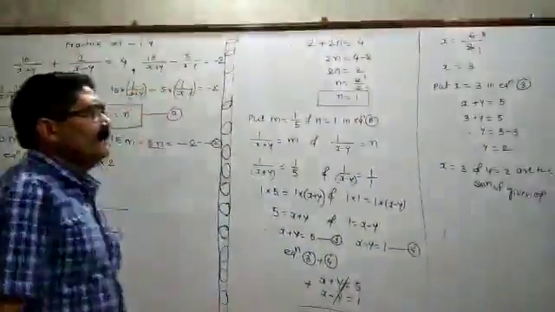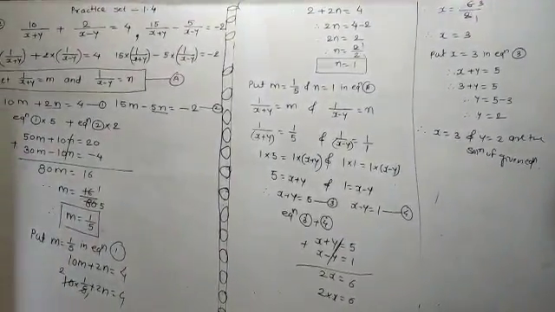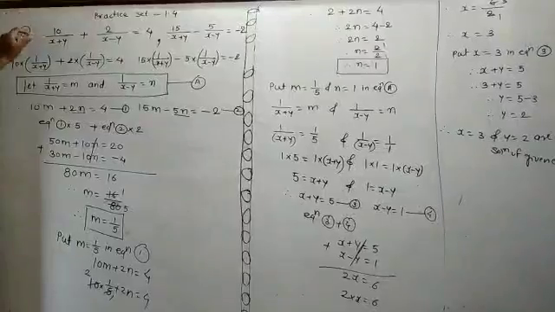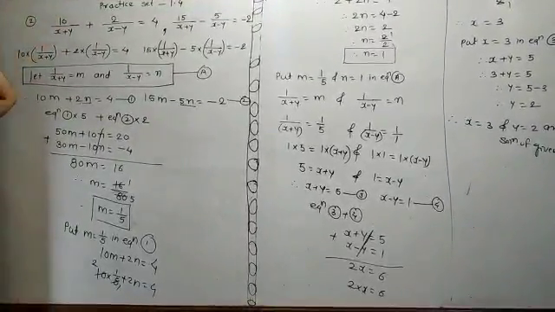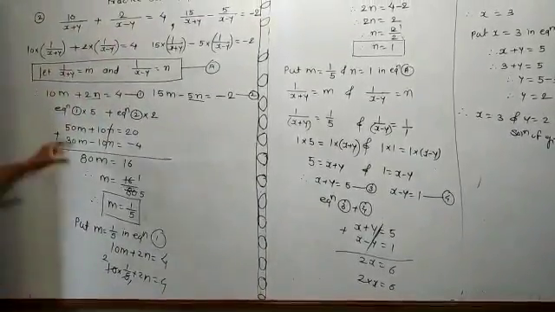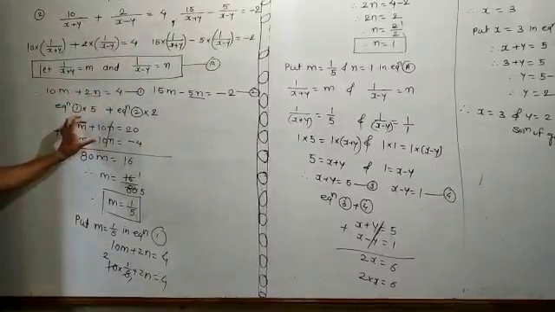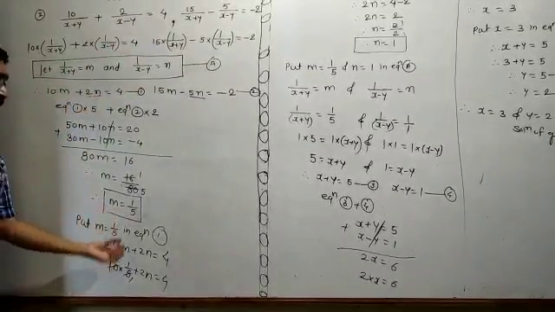Everybody understand? This example is bigger, but once you understand, this is very easy. So in such a type of example, if the variables are in the denominator, at that time you have to consider another variable. You have to frame the equation and eliminate those terms and find out the values of m and n.